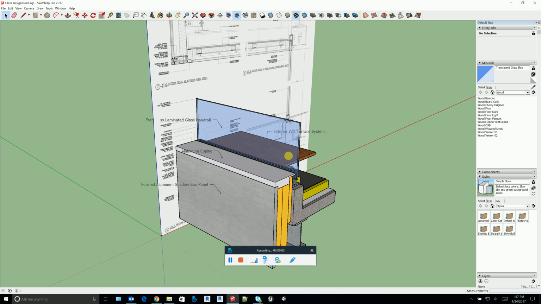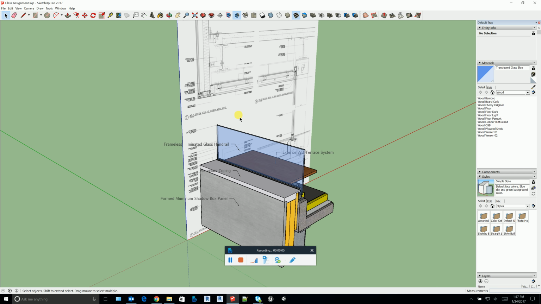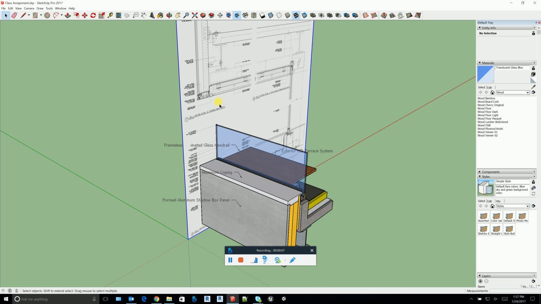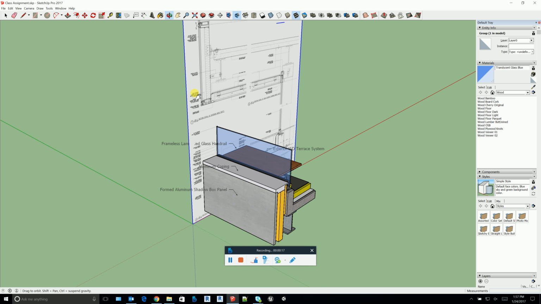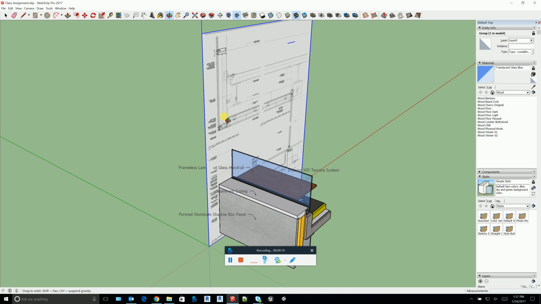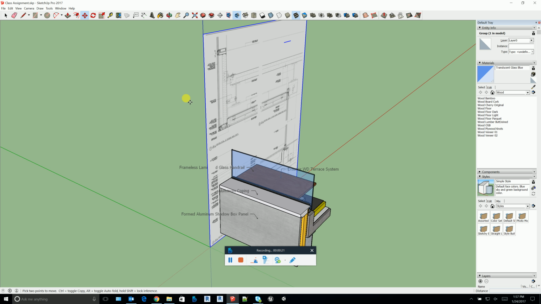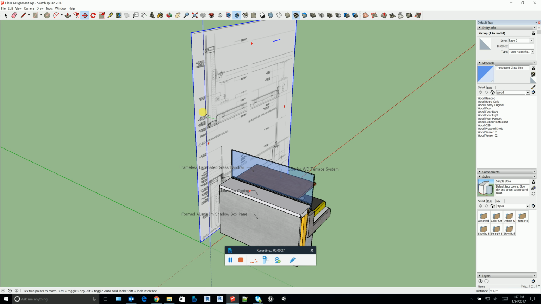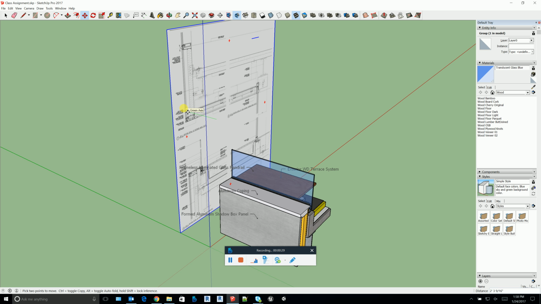Okay, Greg, so what you want to do to copy the image is select the image first. Use your select tool, select the image, and then go to your move tool, which is the four red arrows. You're going to zoom out a little bit just so you can see everything moving. What you want to do is move the image directly back, and in the process you're going to start copying it. So click the image to start moving it, and then you really want to watch for the green